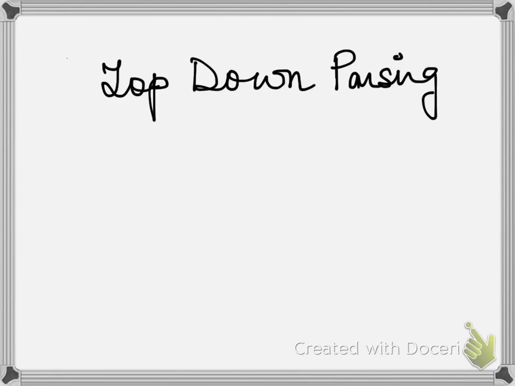Hello everybody. In this video we are going to look at top-down parsing. So top-down parsing is already discussed. It constructs a parse tree starting with the start symbol and going down to the leaf nodes. And it is nothing but the leftmost derivation for an input string. Now in top-down parsing, at every step of the derivation process, we have to determine which production is to be